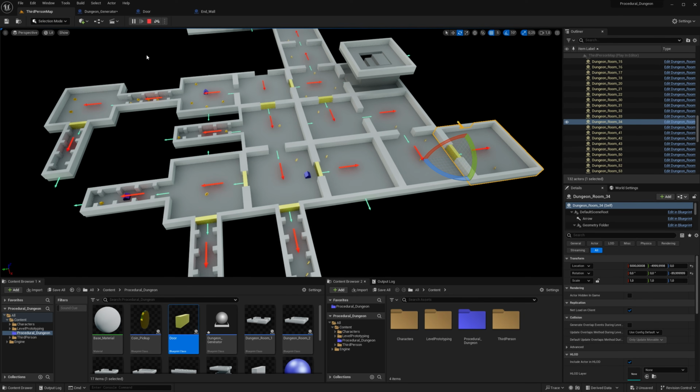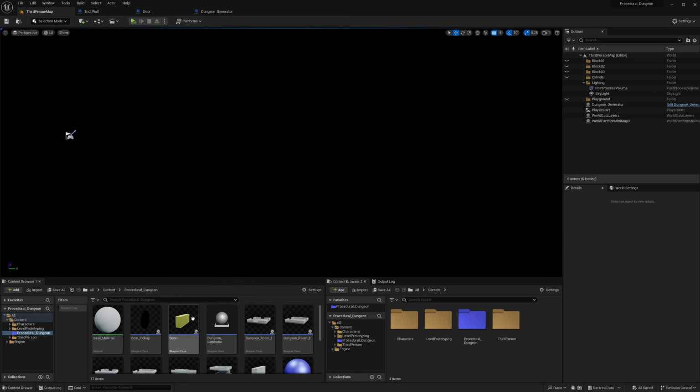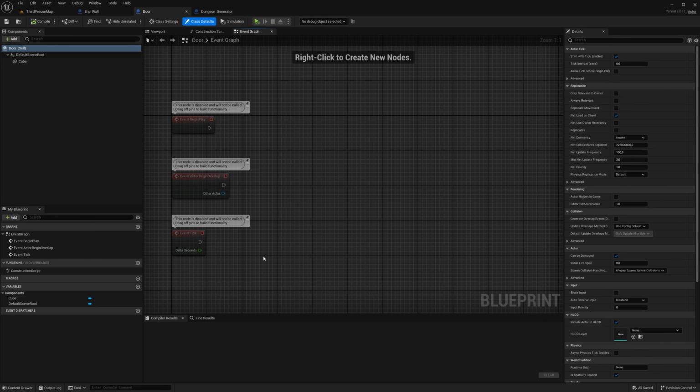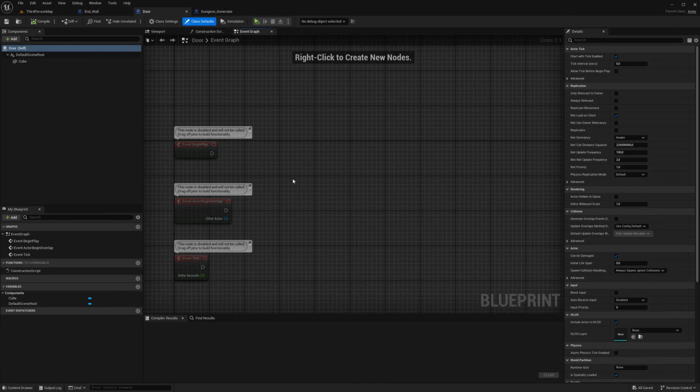Okay, let's see if we can get this door to move. So stop this. Okay guys, let's open up the door here. And again, I will put chapters into this video, so you can skip this part if you already know how to make doors, and also if you think the way I'm making doors is completely idiotic, then you can skip this part too. There are tons of door tutorials on YouTube. Just pick one. They're probably all better than what I'm going to show you now, but I will also try and explain what's going on here.